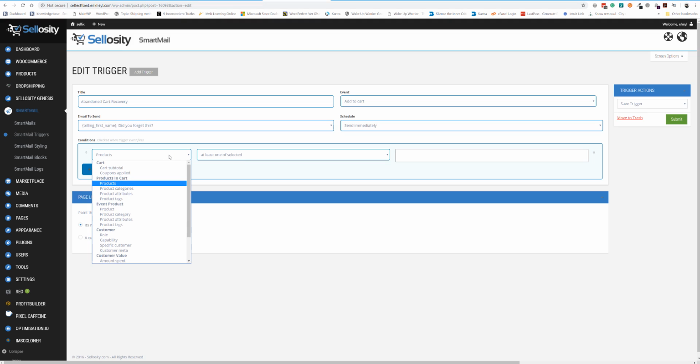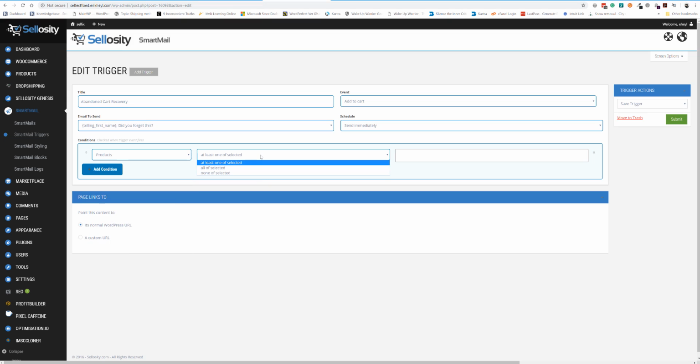So you can set it to send on cart subtotals if you want. Products in the cart, which is what this one's set at. You can set it to categories, attributes, tags, and so on. So, and here you have at least one of selected, all, or none. So you would just search for a specific product, right? Let's say it's a higher end product. So you'd put that in there, and then